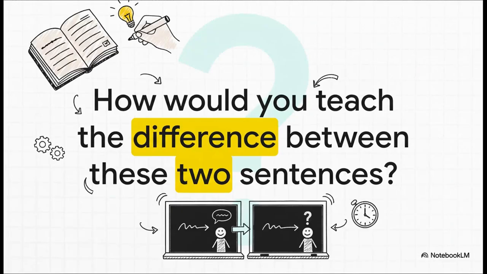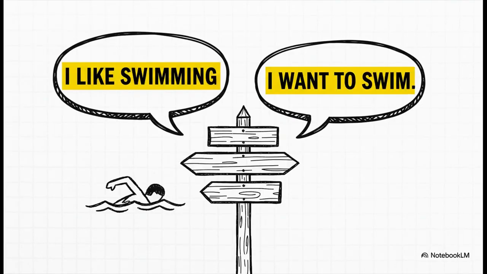Just imagine for a sec, you've got a class of intermediate students and you write two sentences on the board. How would you go about explaining the difference between them? What's your first instinct? And here they are. I like swimming versus I want to swim. Gerunds and infinitives. It's a classic grammar point, isn't it? We're going to use this exact example as our guidepost to see how all these different teaching methods tackle the